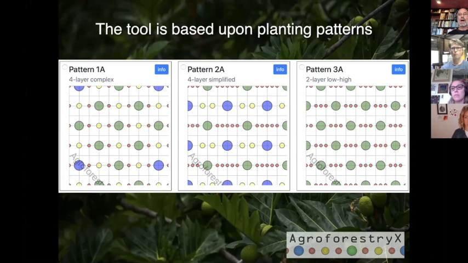These are drawn from the experience we have in native systems, the literature, and so forth, into a kind of generic pattern. Each one differs in different ways. And while you're using the tool, you can click on the info button and read about what we think are the advantages and disadvantages of each of these.